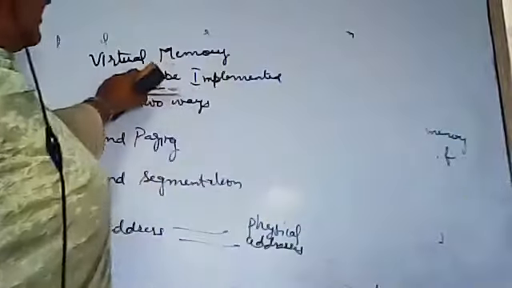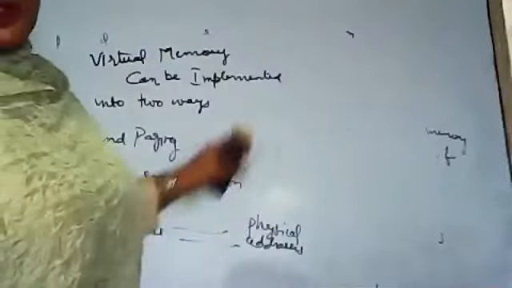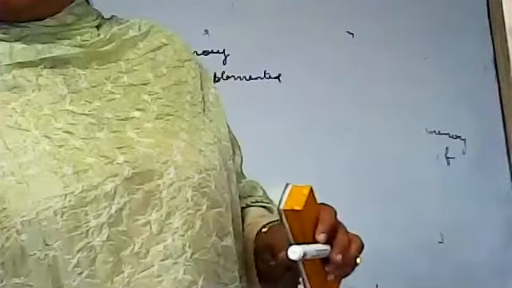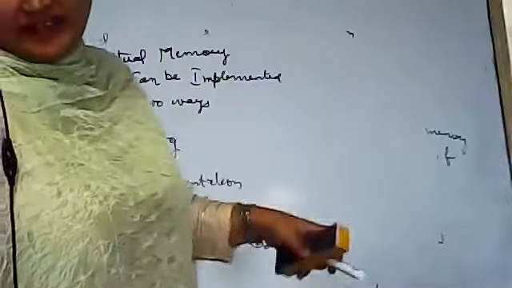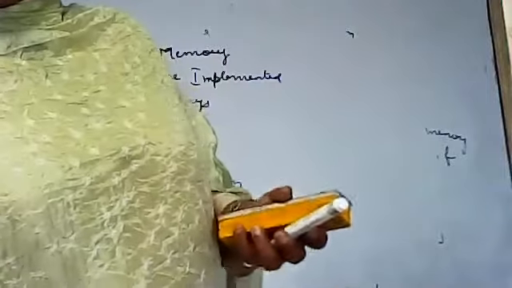In that, first, this virtual address space is usually designed in the form of logical address space for the stack to start at the maximum logical address. एक stack होती है that starts from maximum logical address and grows down while the heap grows up. Heap नीचे से ऊपर जाती है, stack ऊपर से नीचे जाती है. I'll show you a diagram of virtual address space.